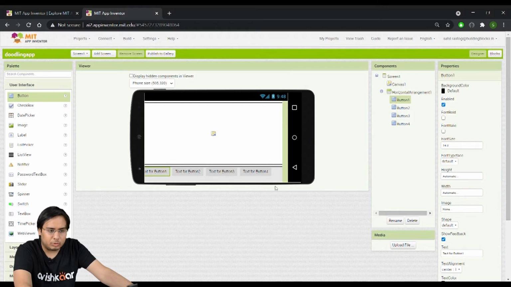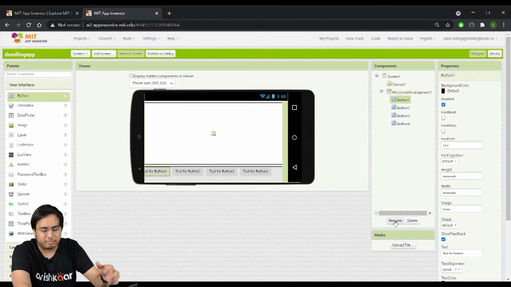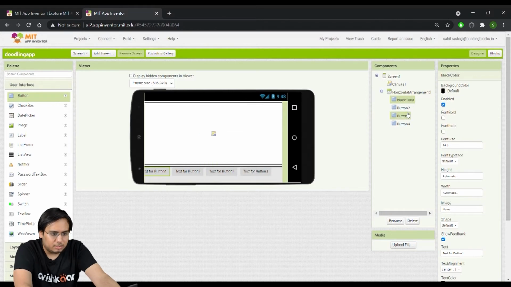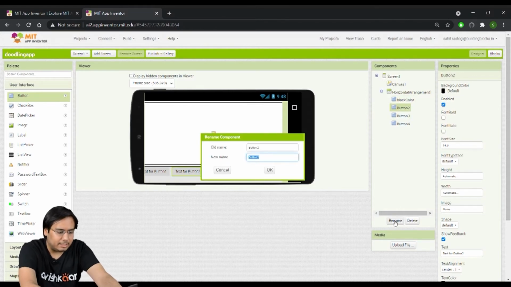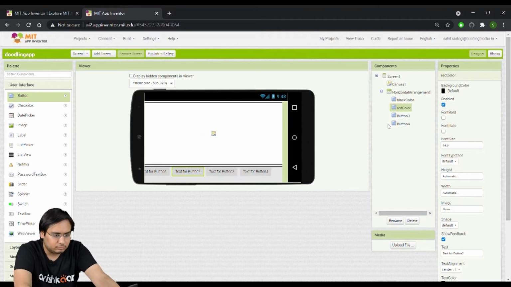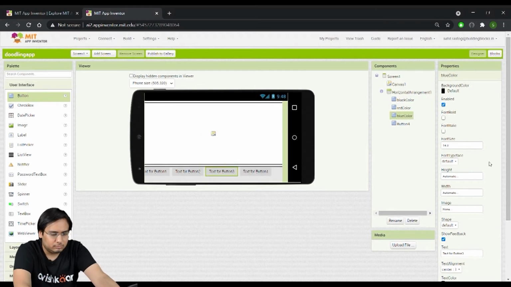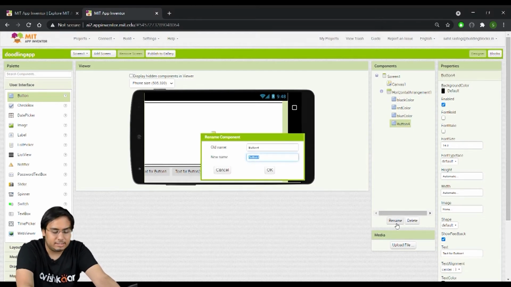What you can also do is you can actually rename these components over here. So this will be useful especially when you are actually creating the program. So you will see it later on further into this video. So let's say I'll have 3 colors. Let's say the first one will be black color. Second one will be, let's say, red color. And then let's say blue color. And the 4th button will be to clear the screen. So I'll just write clear button over here.